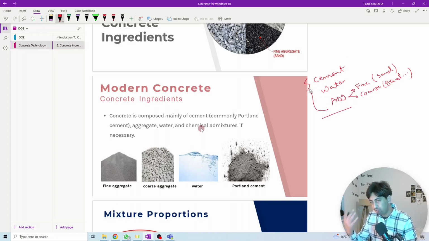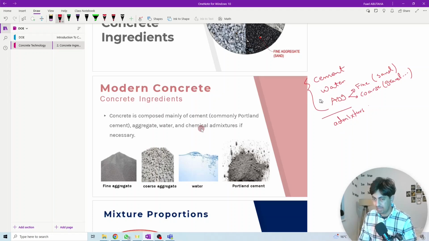In addition to these three main ingredients, which are the basic materials to produce any concrete, we might also have something we call extra material, or admixtures. So what are admixtures? Admixtures are any additional material that can be added together with the basic materials in order to improve the quality, the properties, and the performance of the concrete. You might or might not use admixtures,